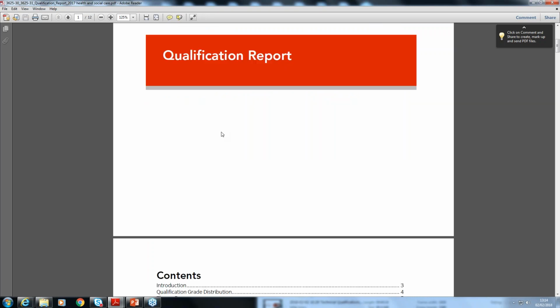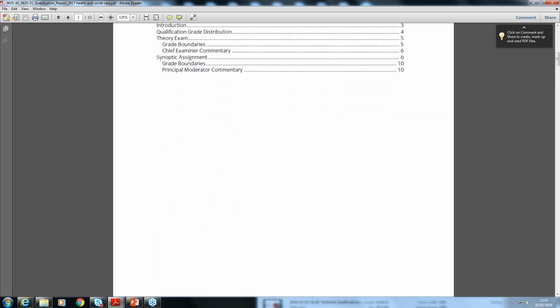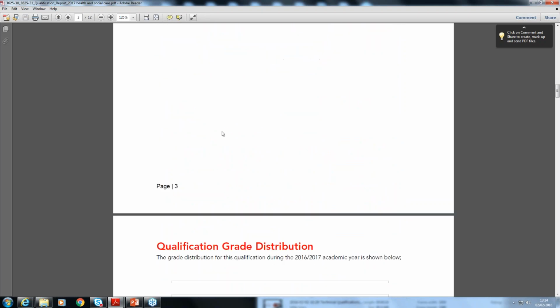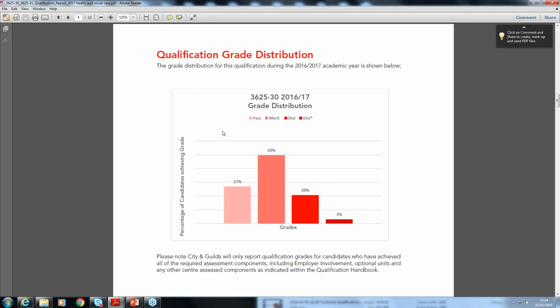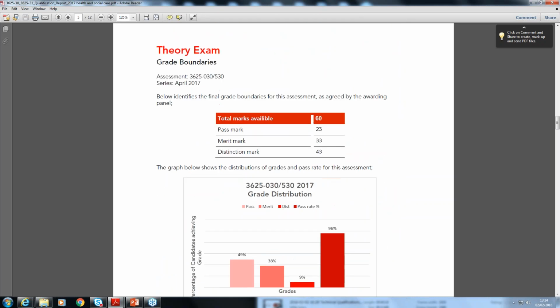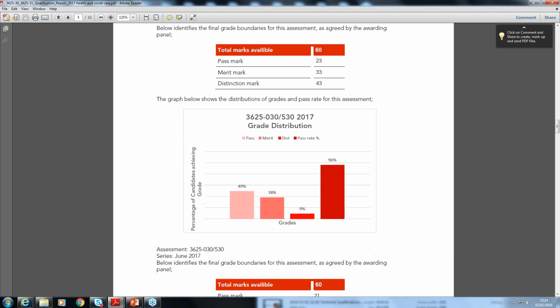The report is divided into sections. The initial section looks at the grade distributions across the whole qualification. Then you have a report from the chief examiner about the exam, because as you know, the learners sit an exam as well. And then there's the report on the synoptic assignment and the grade boundaries against the assessment objectives.